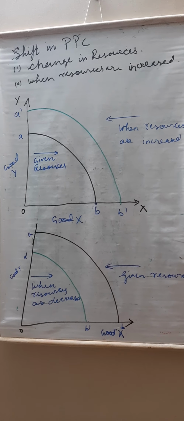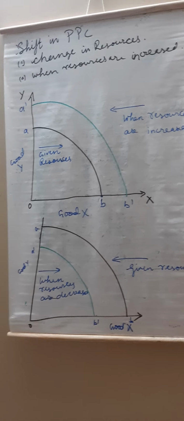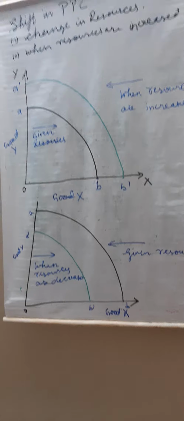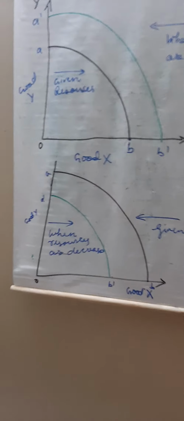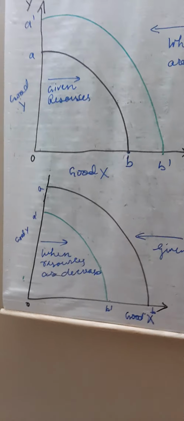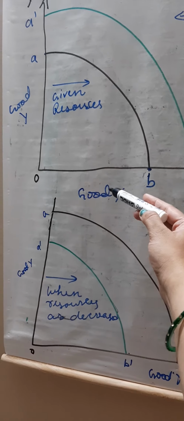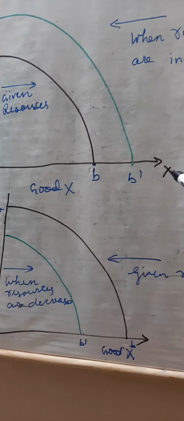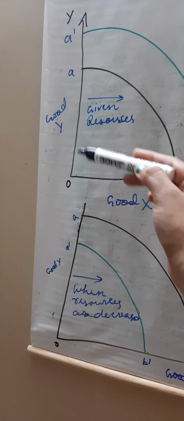And there is a subtopic below it: when resources are increased. So we are seeing that good X is taken on the x-axis. Here is good X. OX is the x-axis and OY is the y-axis, and good Y is taken